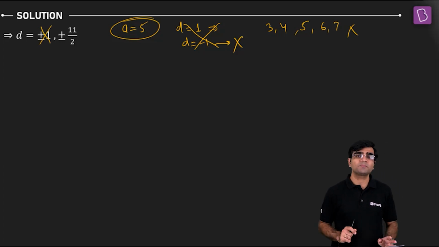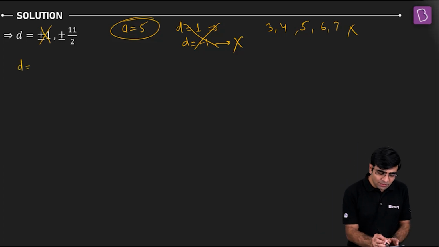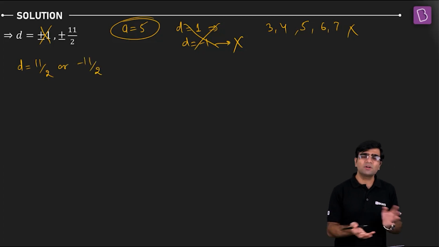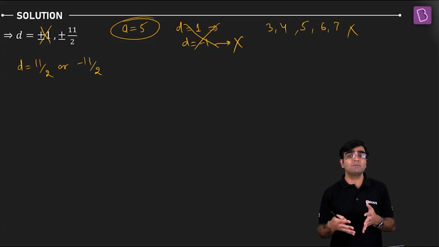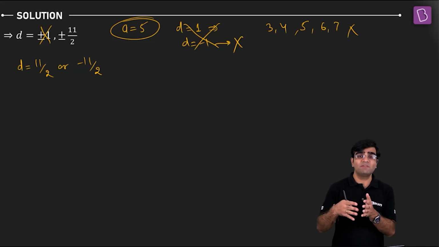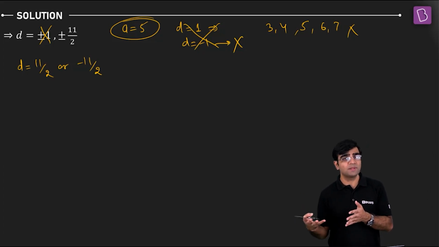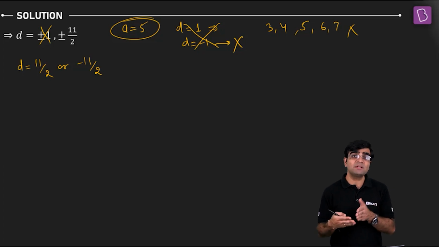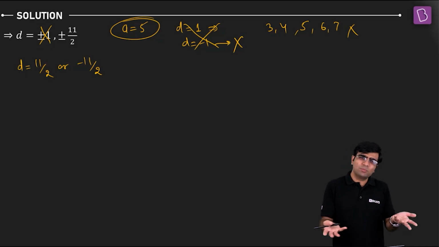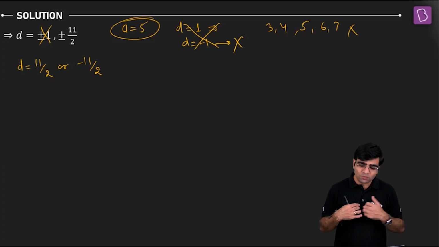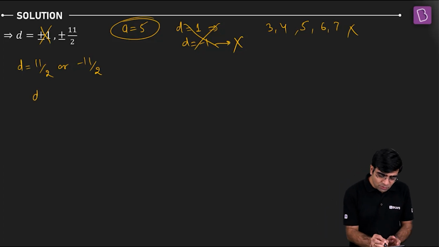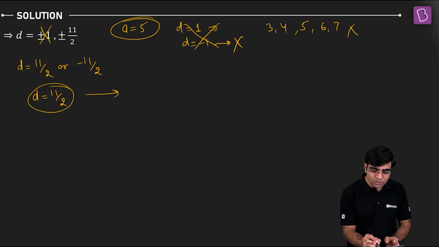Omitted. Now we can have the possibility of d equal to plus 11 by 2 or minus 11 by 2. It doesn't matter. Choose either of them. See, if I have d as plus 11 by 2, the terms will be increasing. So ahead of 5, I'll have a larger term, then a larger term. And if I have d equal to minus 11 by 2, then a minus 2d will be the largest term. So both of them are okay with me. For calculation purposes, I will be choosing d equal to 11 by 2. And when I choose d equal to 11 by 2, I'm assured that a plus 2d will become the largest term.